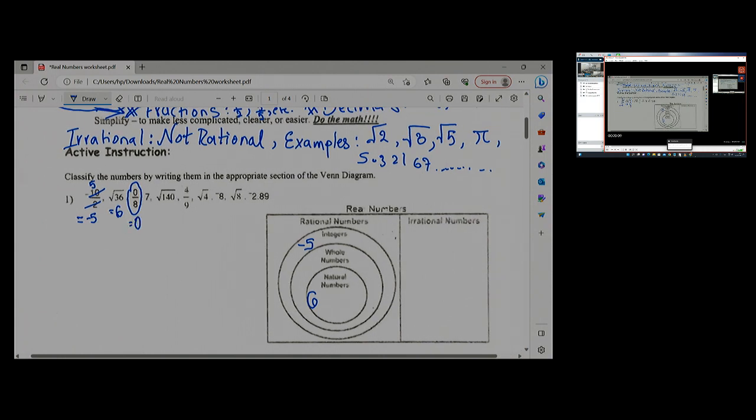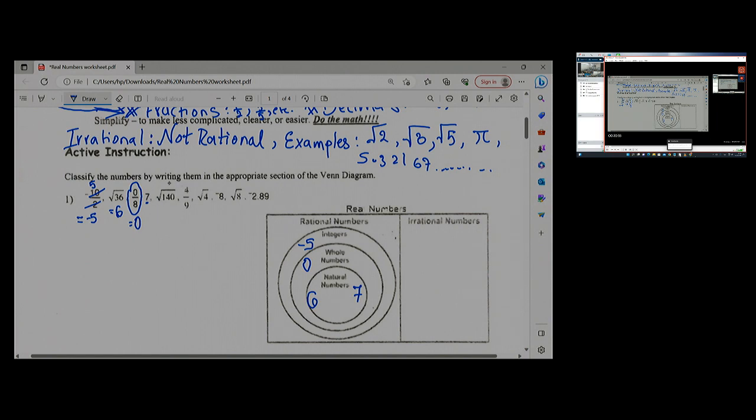What kind of number is 0? Whole number. Good. So we write in the circle of whole numbers. How about number 7? What kind of number is this? Natural numbers. So we write in the circle of natural numbers. Now we have another